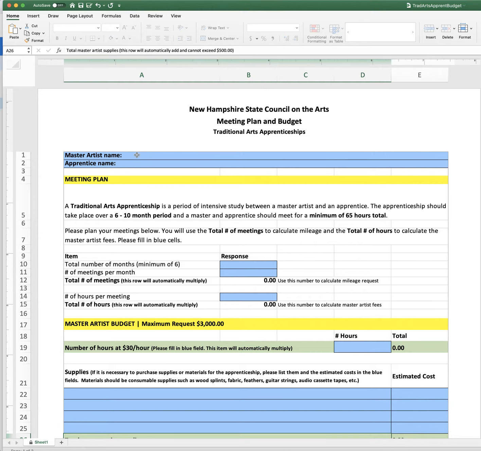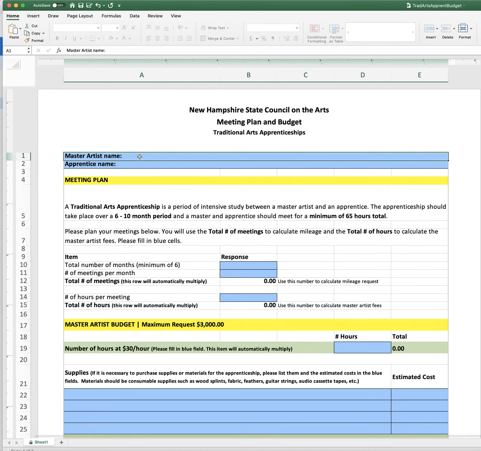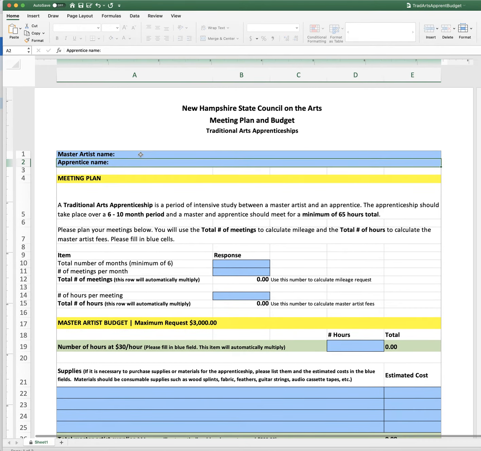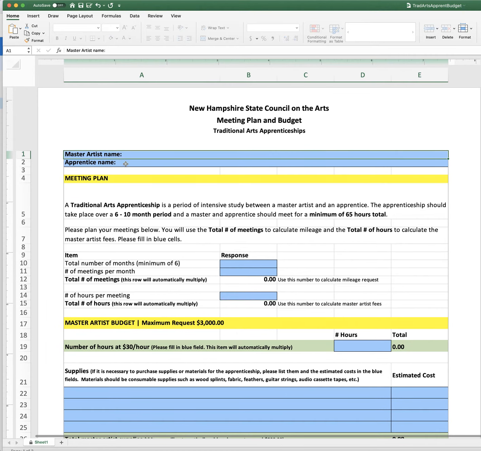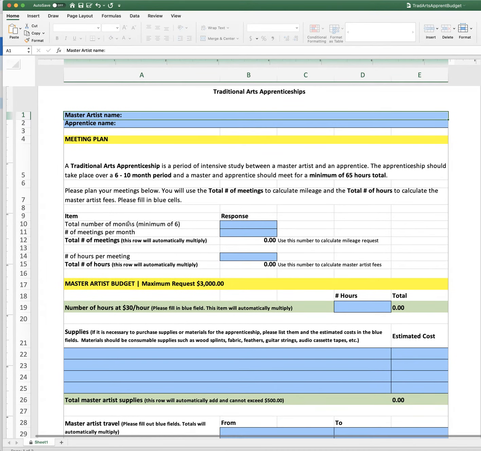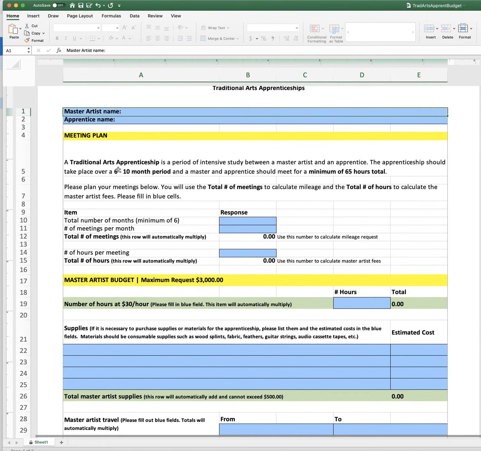So we start obviously with the names of both the master artist and the apprentice. It's very important that you fill both of these out. And then we start with the meeting plan. Make sure that you've read the guidelines really carefully while you're filling this out, because there's a little bit of information on this form, but the guidelines have a lot more detail